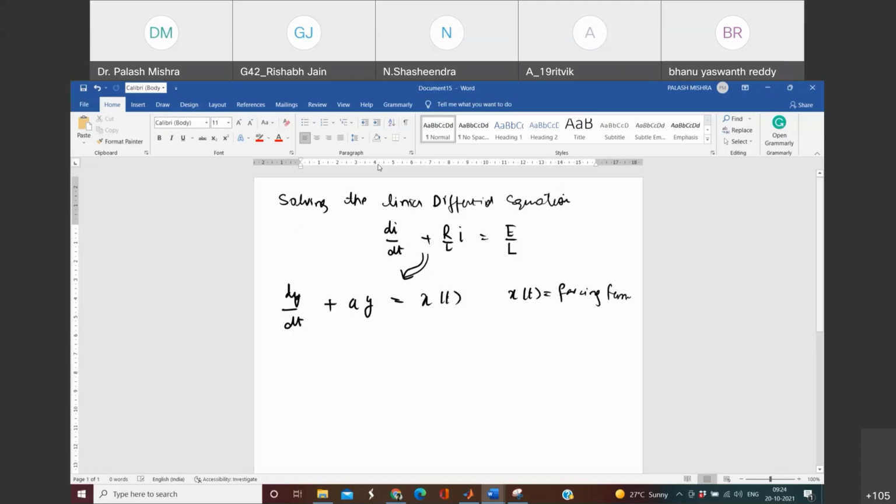What does this forcing function mean? If you see, here is a battery involved. So the battery is a driving force behind this circuit. Okay. It is forcing the current to flow in this circuit. So that is why it is given as the forcing function, because it forces the current in the circuit. If it was not there, then there won't be any flow of current in the circuit if the initial conditions are zero. Okay. So that is why it is known as the forcing function.